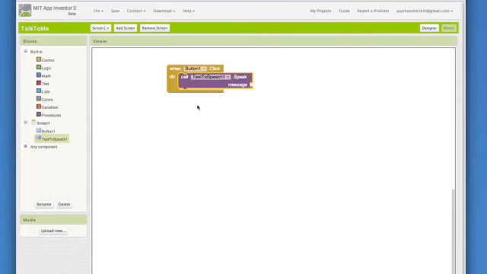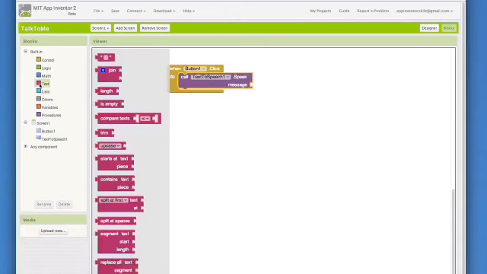Now we have one more thing to add before testing the app out. Notice that we have a blank socket here. We have to tell the Speak block what to say. To do that, go to the Text drawer under Built-in blocks.